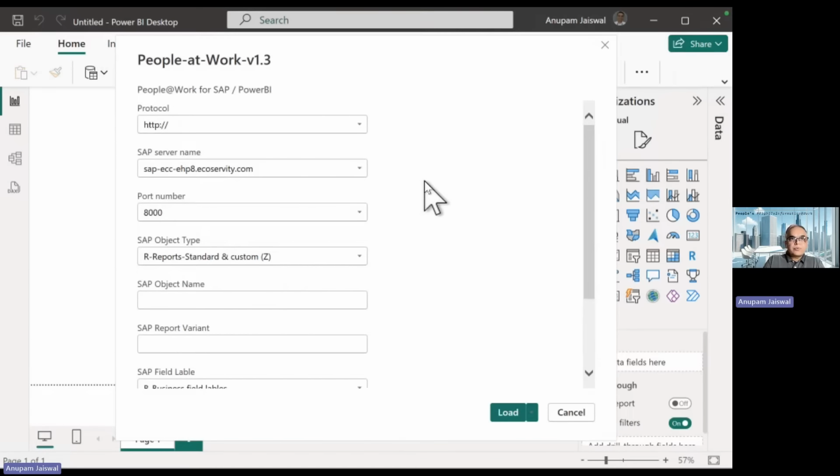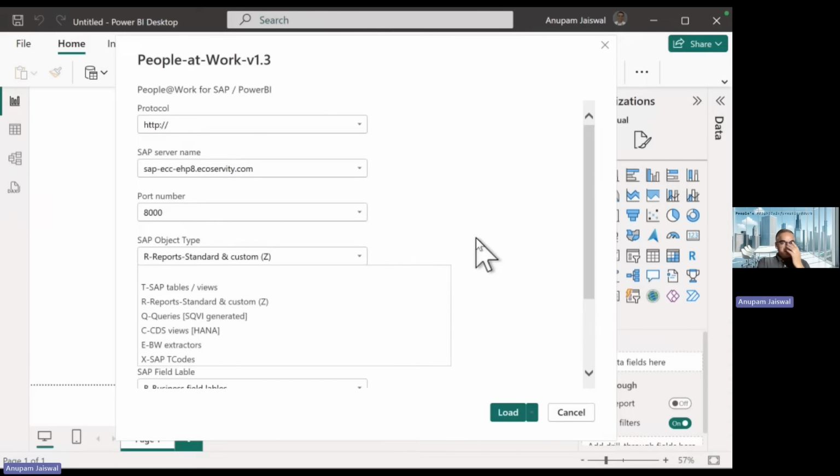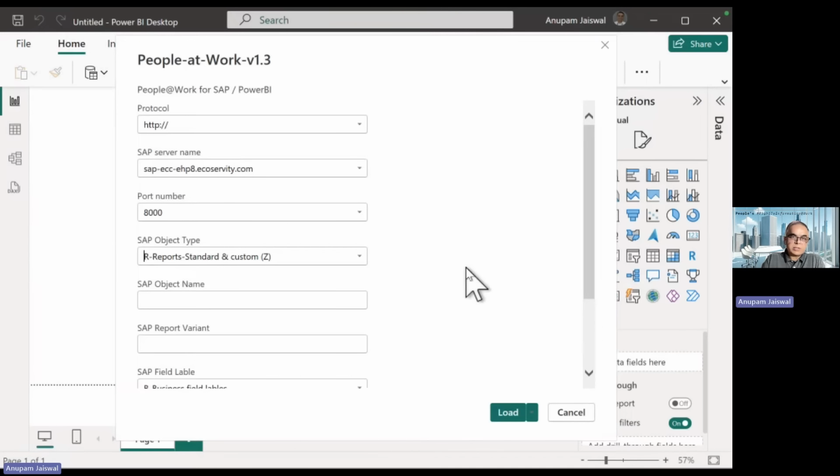So when we log into our People at Work Power BI connector, essentially it asks for a few questions. What's the protocol? Which SAP server to go to? Port number, let's leave those as standard. And then there are a few options here. I can pull tables, I can pull Z or standard reports, queries, CDS, that's for HANA. I can pull data from BW extractors or SAP tables. Let's use the favorite RM07 docs once again. So we'll go with the reports